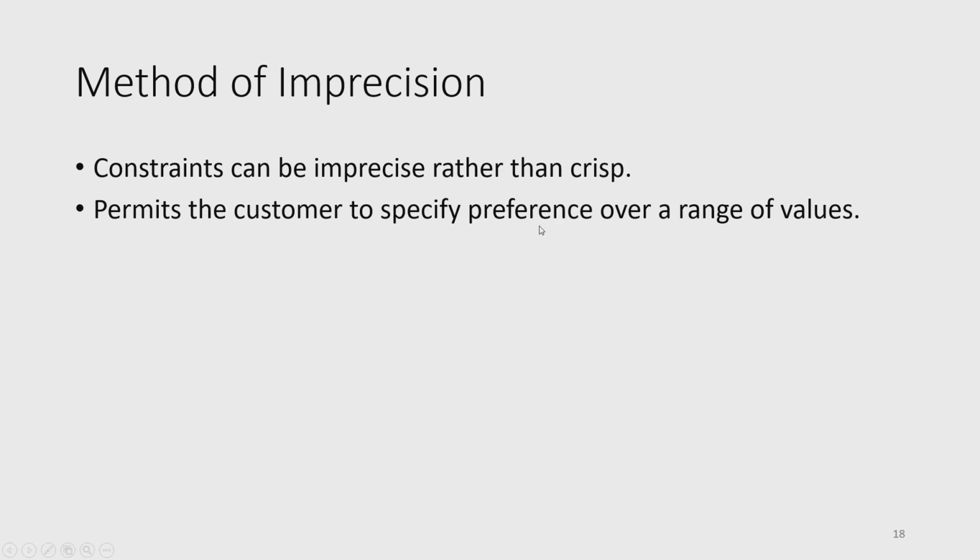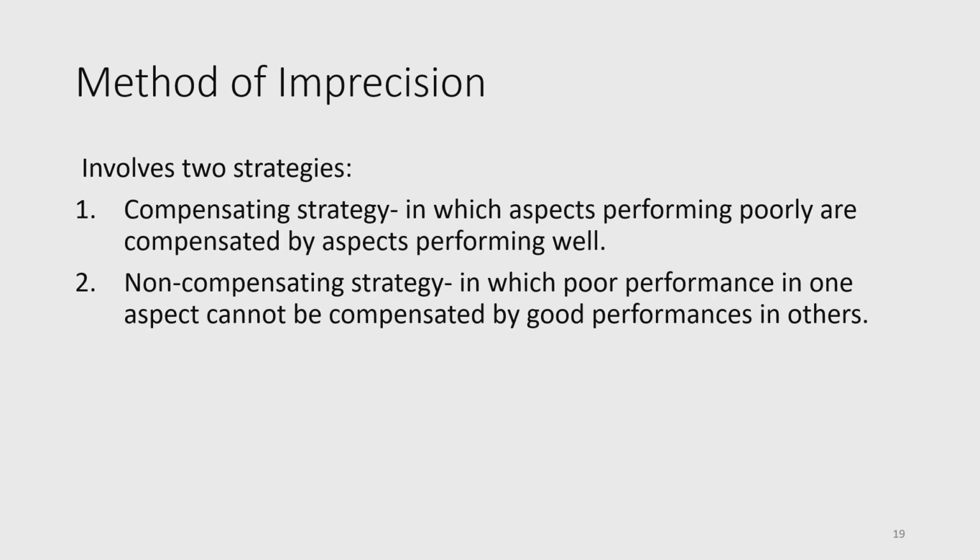Okay, that means criteria wise it is this, criteria wise this. So what is the overall? This has also been written by many researchers, the method of imprecision, which uses the fuzzy set, so that constraints can be imprecise rather than crisp, and it permits the customers to specify preference over a range of values. Okay, so it involves 2 strategies, as I said: compensating strategies in which aspects performing poorly are compensated